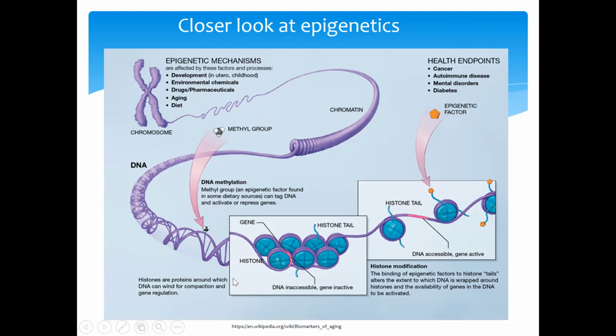Remember that the histone is a protein which the DNA can wind around for compaction and gene regulation. If we damage this protein, we damage its ability to wind around the DNA and affect that DNA's ability to regulate itself,